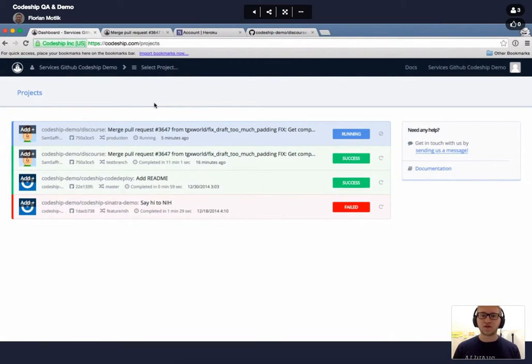This is the main dashboard that you'll see when you log into Codeship and run your builds. So in this case, we have 4 different builds. A build, for those of you who are not familiar with this, is basically whenever one of your developers pushes to your source code repository, could be GitHub or Bitbucket, which we support, or any other specific source repository, we start a new build. Basically, we take that latest change and run all of your automated tests to make sure